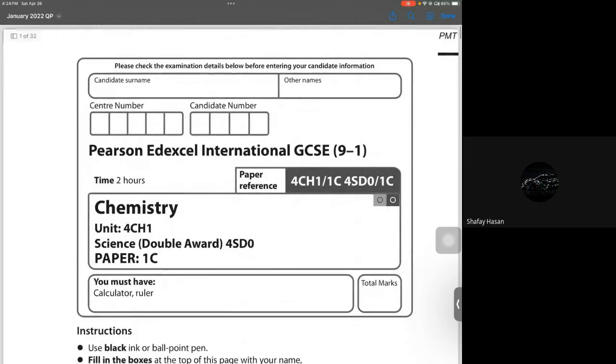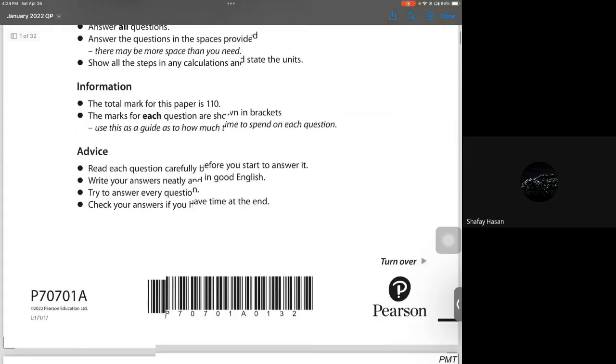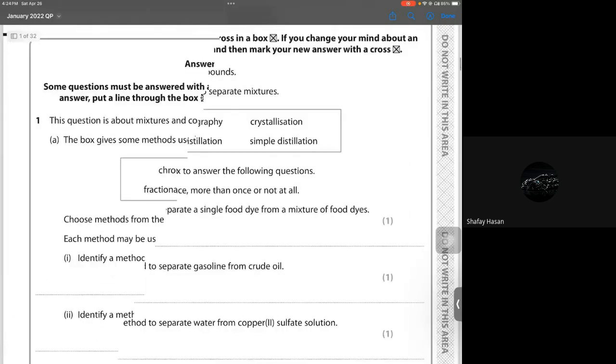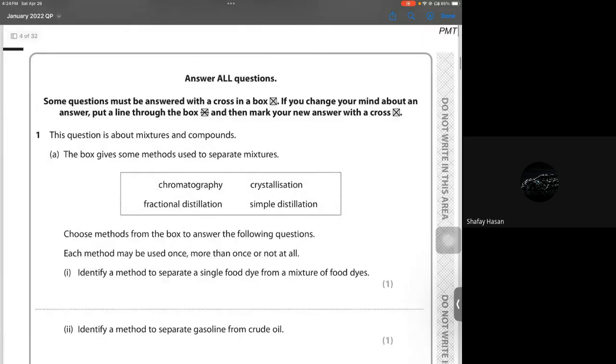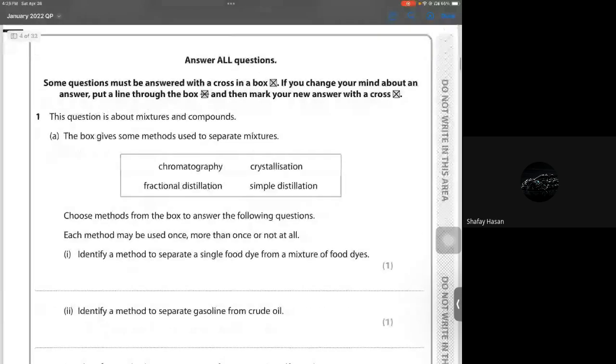This is the January 2022 paper. Question number one says this question is about mixtures and compounds. The box gives some methods used to separate mixtures. Choose methods from the box to answer the following questions. Each method may be used once, more than once,